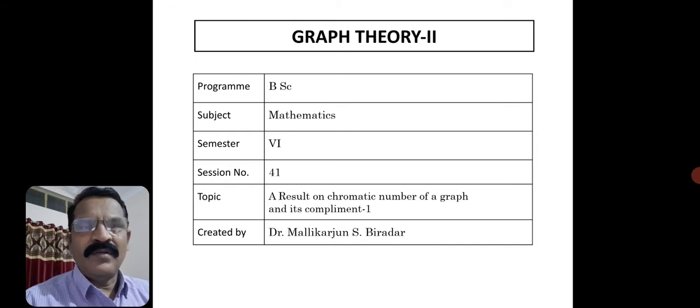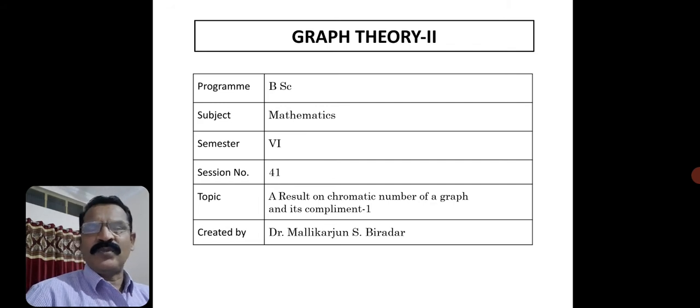If you consider a graph G, then the complement of the graph G is the graph whose vertex set corresponds to the vertices of the graph G, the same vertex set as that of G. But two vertices are adjacent in G bar if they are not adjacent in G. For example, if you consider a complete graph, what is the complement of a complete graph?